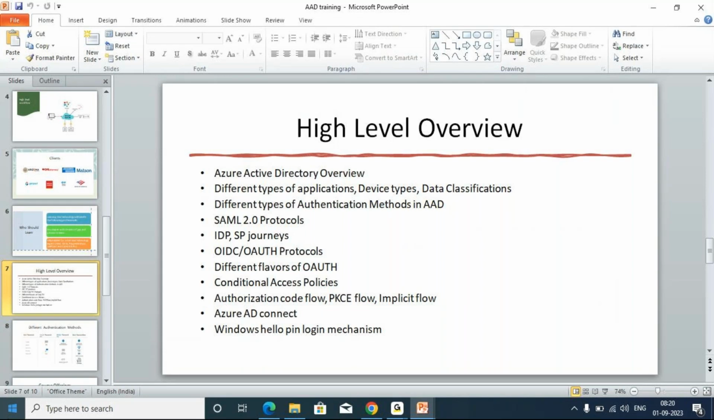So what are the prerequisites for this, and what information or metadata do we need to get from the application? We will discuss more about IDP and SP initiated journey when we come across it, and other protocols like